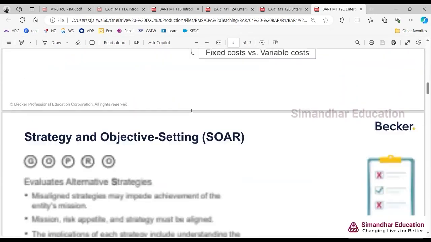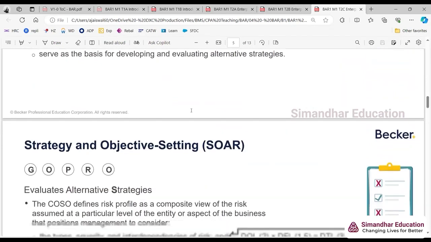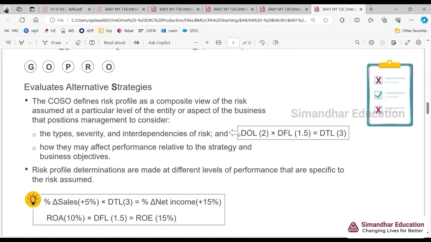Strategies and objectives. So objectives and strategies are the vision, objectives were the mission, right? Degree of operating leverage, degree of financial leverage. Now what is this? Just so that you know, if we have more fixed cost in our P&L, fixed cost can be depreciation, fixed cost can be rent, right, etc. If we have more fixed cost in our P&L, is our risk more or is our risk less? What do you think? If we have more fixed cost in our P&L, is our risk higher or lower as a company?